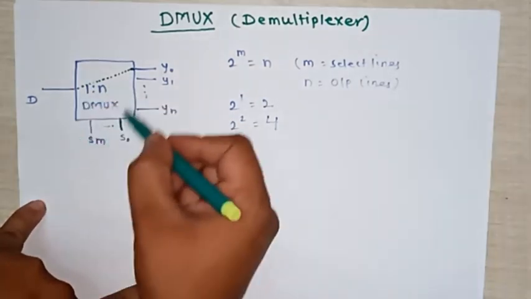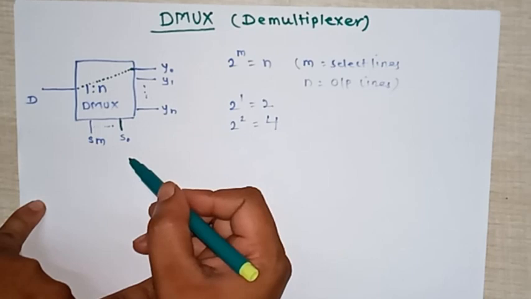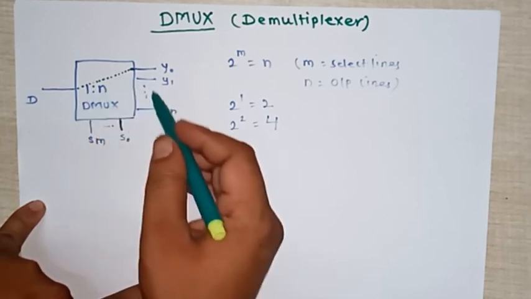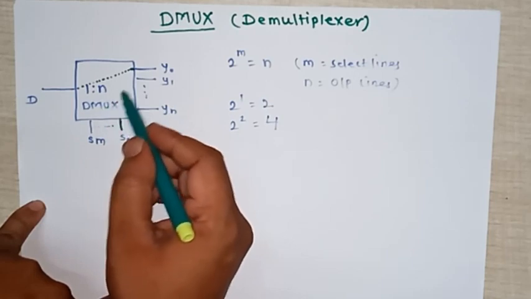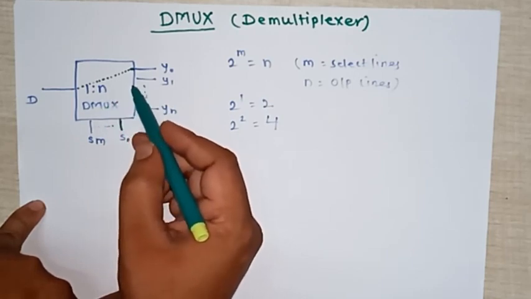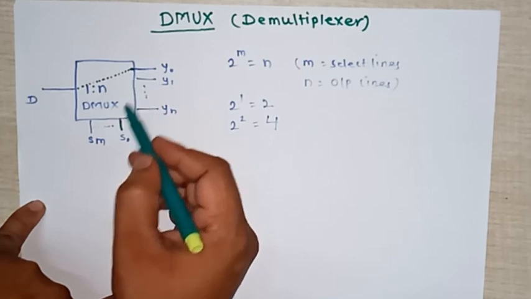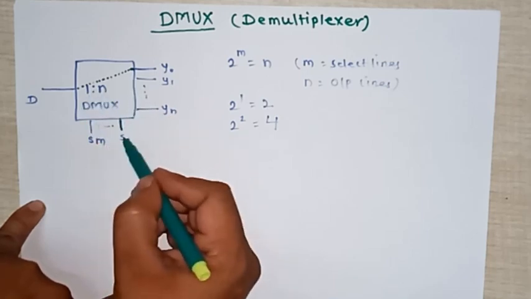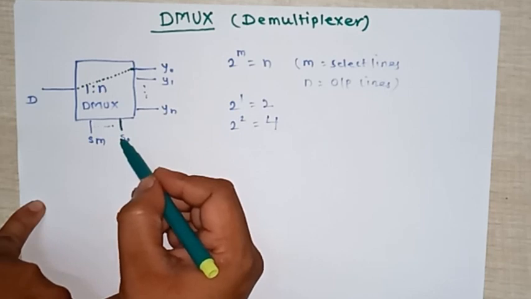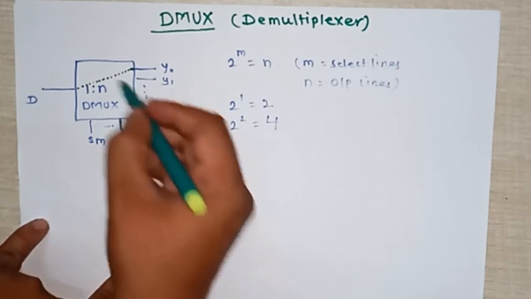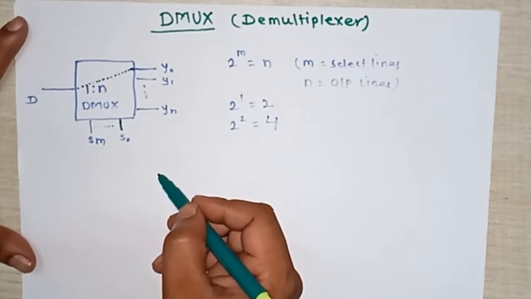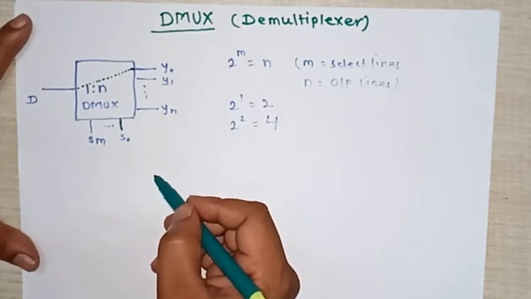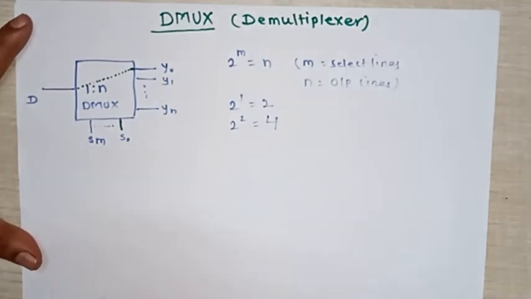Another way we call it is a digital switch. Why is it called a digital switch? Because it acts as a switch, but the switching action is not performed by a human. It is performed automatically by using electrical or digital signals. That's why it is called a digital switch or electronic switch. So that is all about a demultiplexer.